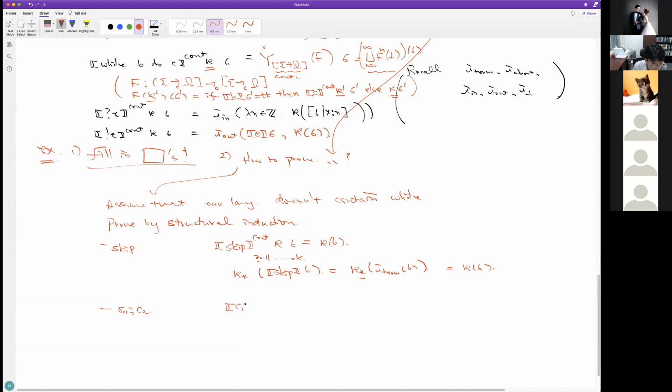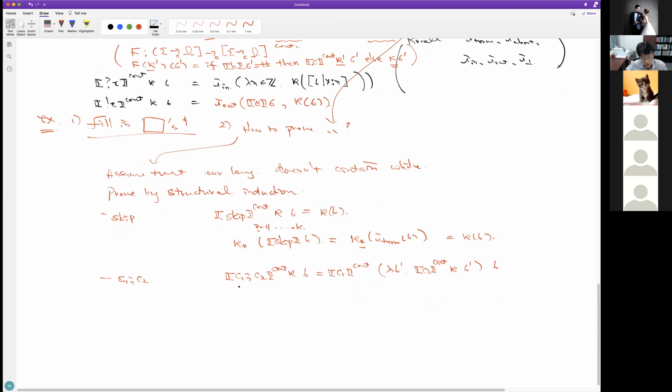For sequential composition, we have to use the induction hypothesis here. This one says: C1 continuation semantics with the new state sigma prime, C2 continuation semantics, kappa, sigma prime, and sigma. That's the definition of the semantics.